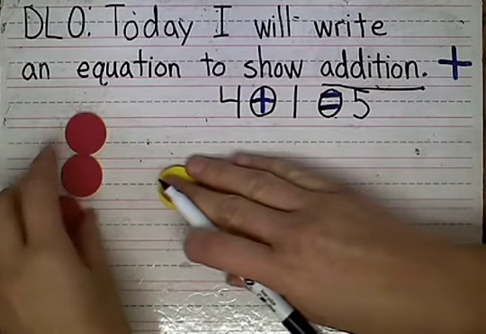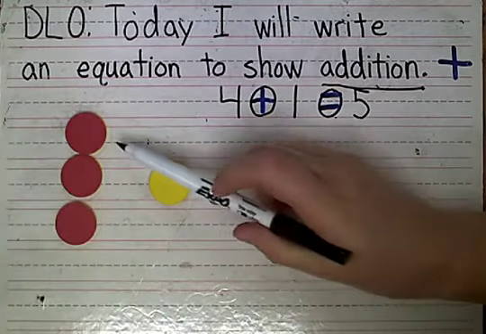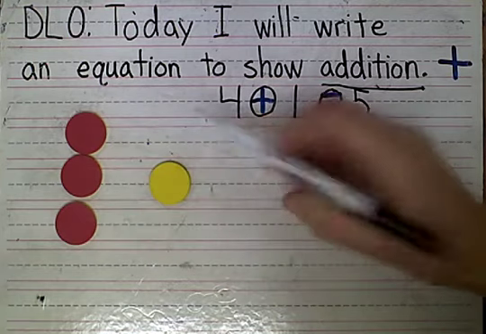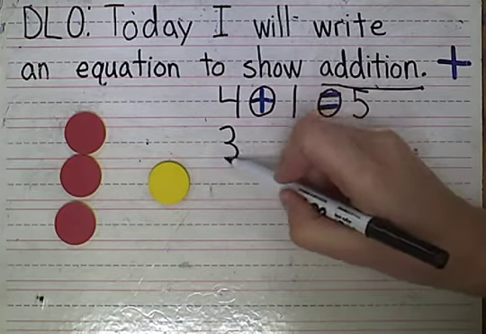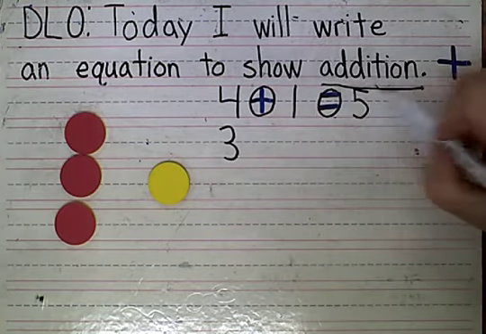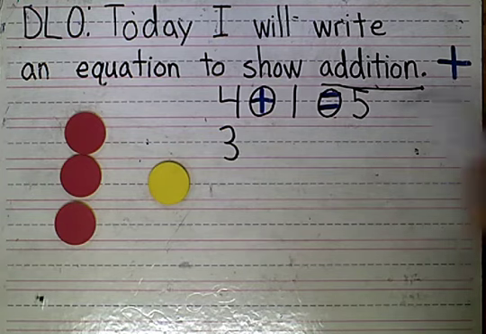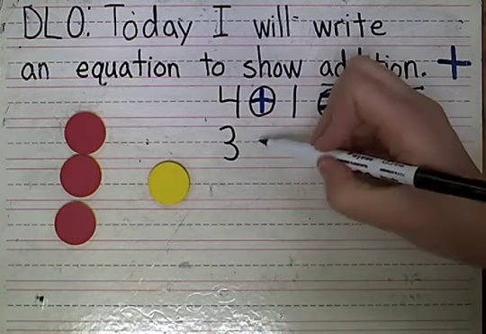Okay. How many red chips do I have? Let's count. 1, 2, 3. So I'll start by writing 3. I'm adding, so I'm going to use my adding sign. Everyone say plus. Say adding. Say getting more. 3 plus